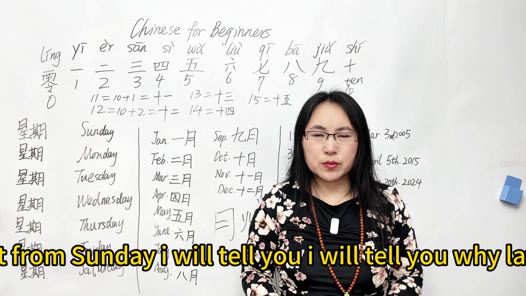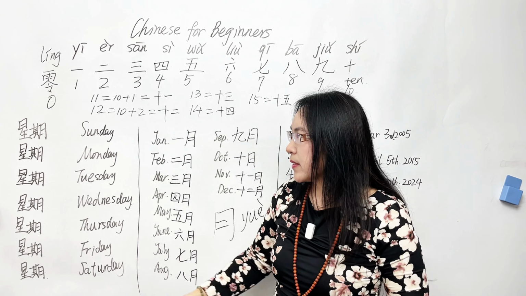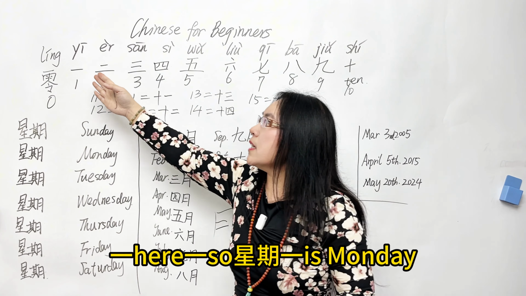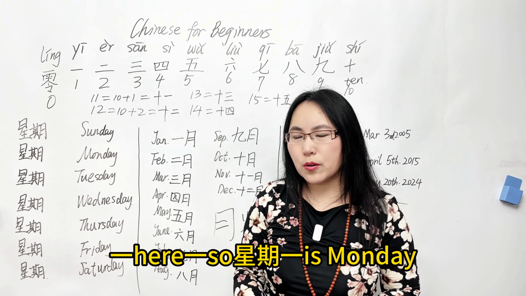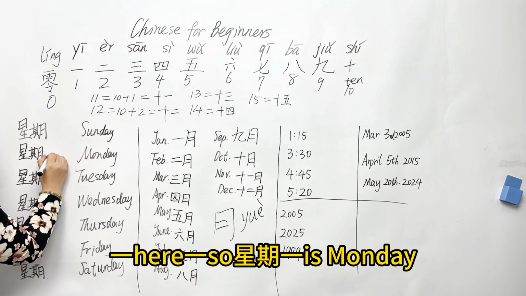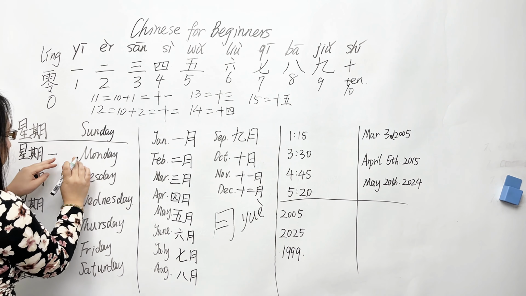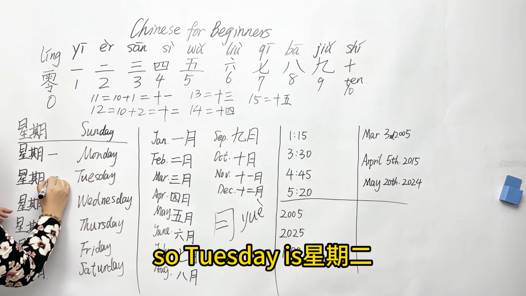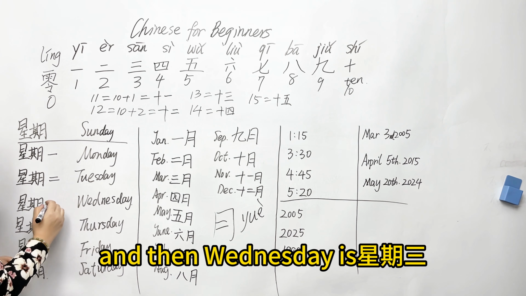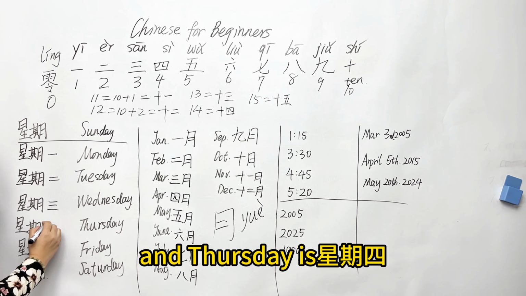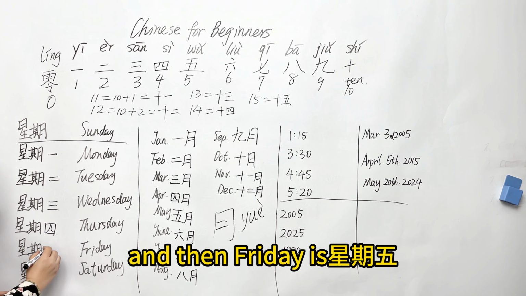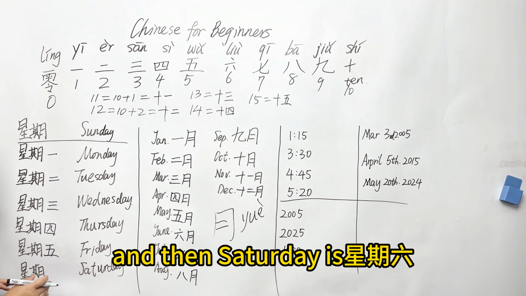I will tell you why later. 星期一 means Monday. So Tuesday is 星期二 and then Wednesday is 星期三 and Thursday is 星期四 and then Friday is 星期五 and then